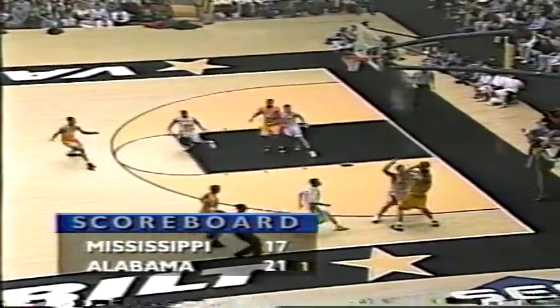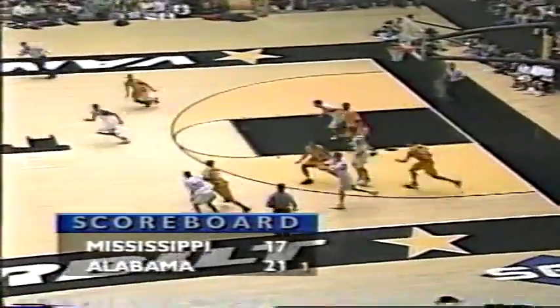Score tied at 17. The ball's against full court pressure. Pass looped in to Green. Green wants to take Maddox, brings it past the timeline, throws the ball deep to Scott Moore. Nice catch by Moore. He's double teamed, throws the ball away, and a steal. Vanderbilt on a breakaway. With the ball, this will be Strong driving to shoot, and as he makes his cut,